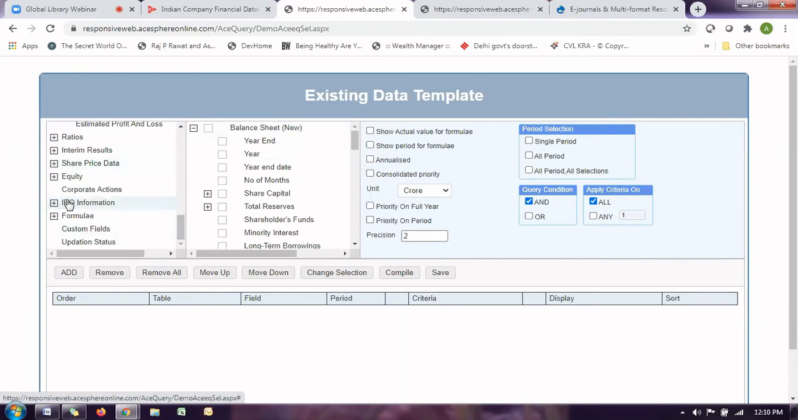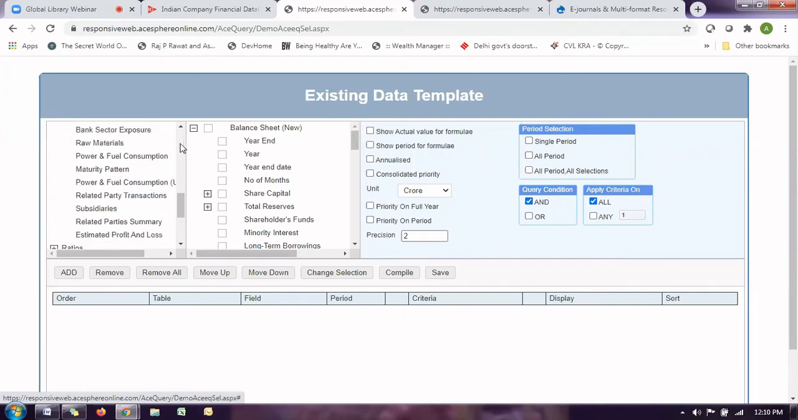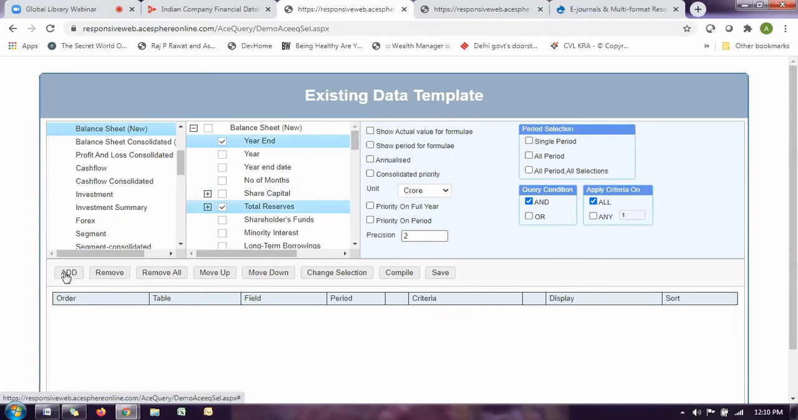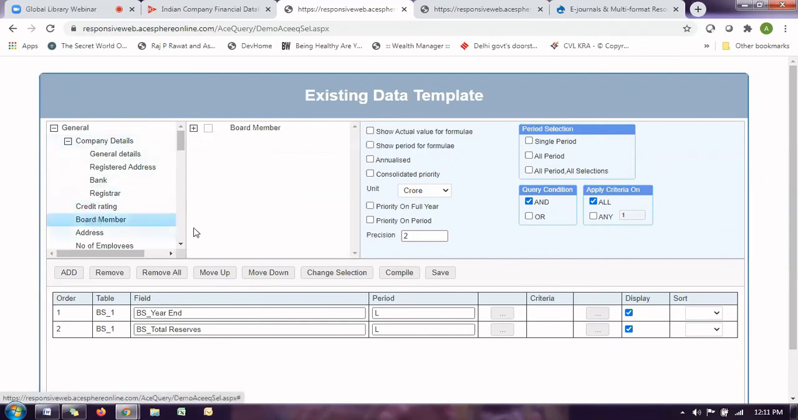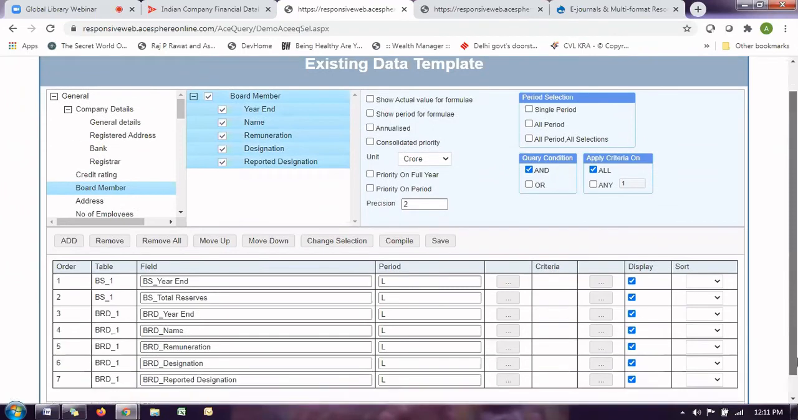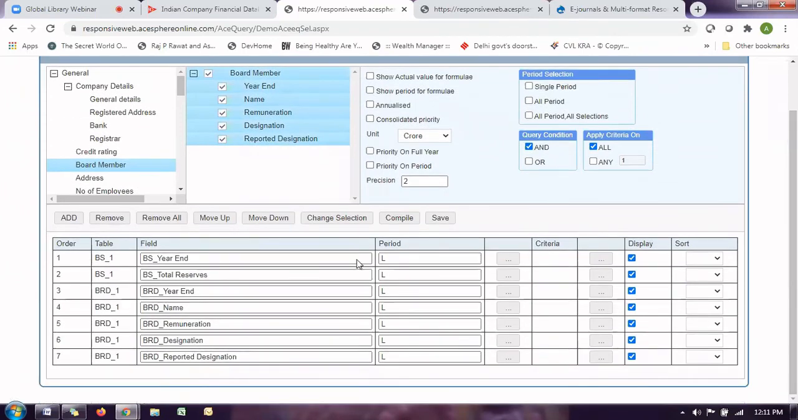Now suppose sometimes you want to display a comparison. I'll give you an example. Let's say we are taking year end and I've taken total reserves. Now we have added it here. After that, along with this, suppose I want to take board members. Now when I run this query, what happens is